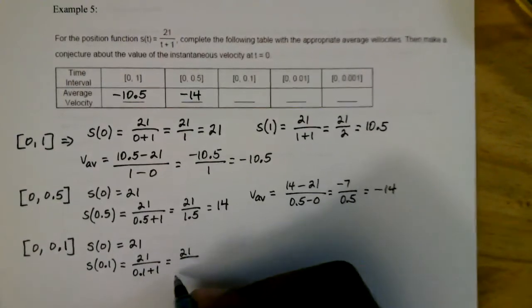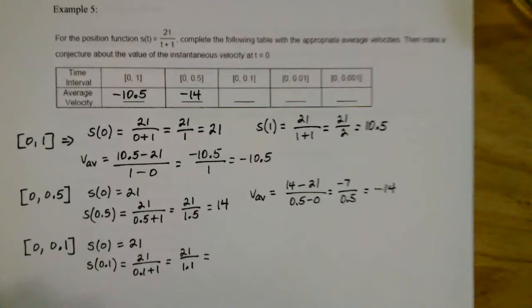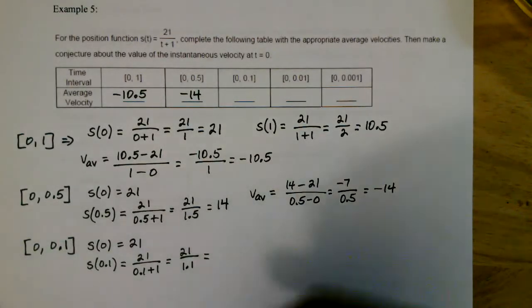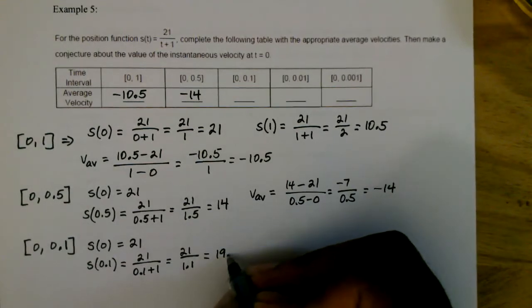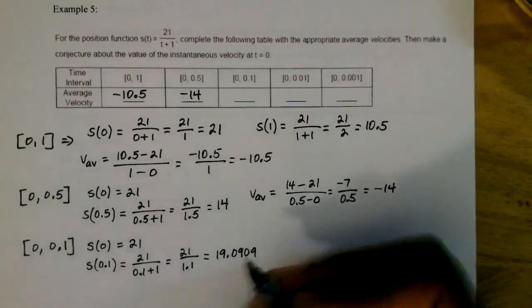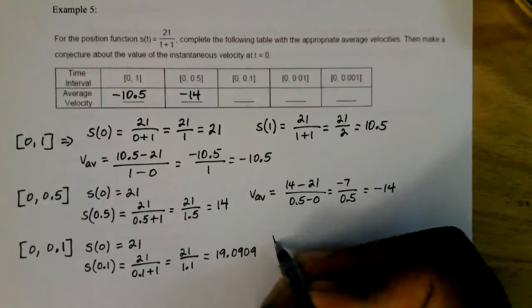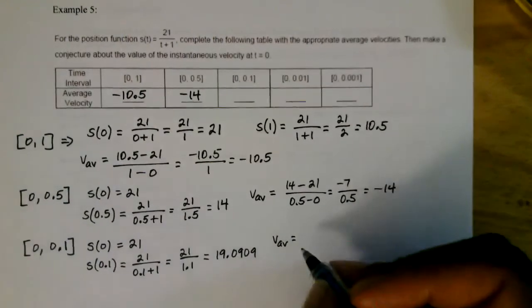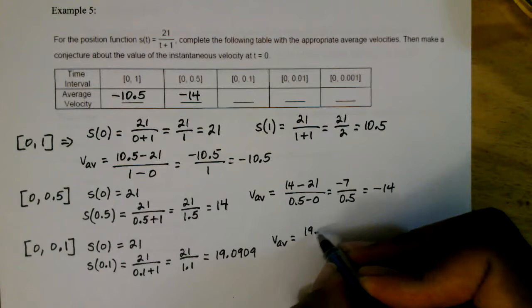So it'll be 21 divided by, in this case, 1.1, which will be 19.0909. And I will go no further than that. So the average velocity will be 19.0909